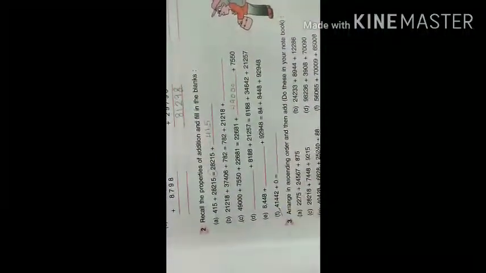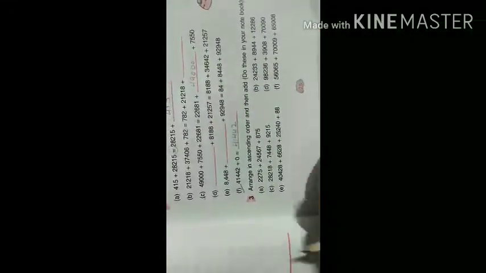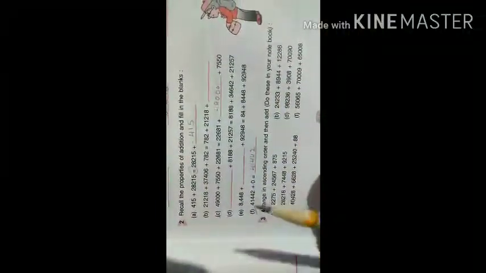Understood? Now F. I told you one concept or one property of addition: whatever we are adding to 0, the number should remain the same. If we are adding 9 plus 0, it should be 9. 10 plus 0, 10. 4 plus 0, 4. So 41,442 plus 0 equal to how much? It will be the same number. So just write 41,442. Very easy. Easy to understand. So these are the fill in the blanks, there are F number of fill in the blanks. I have solved 1, 2, 3 sums. So another 1, 2, 3 sums should be solved by you people.